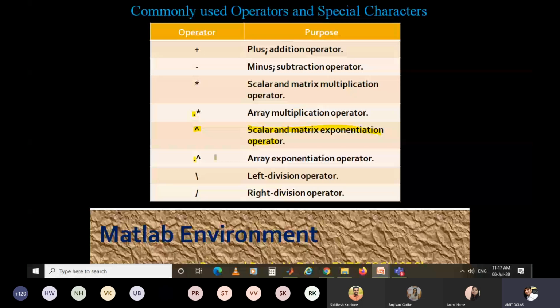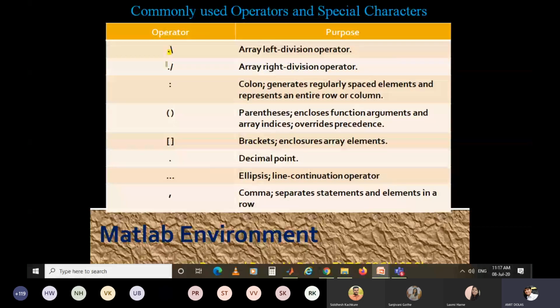So the array exponential operator is there. Then backslash is the left division operator. This is the right division operator. If you use a dot in front of left division and right division, they become the array left division operator and array right division operator. Then colon.